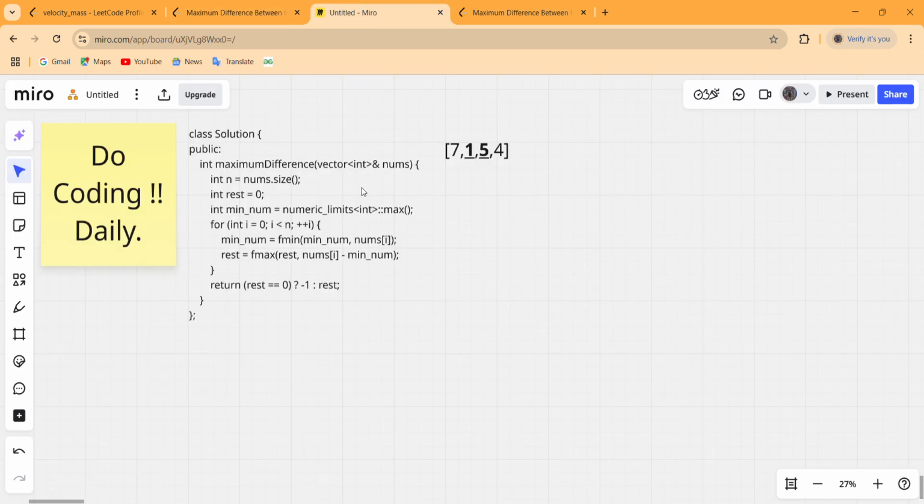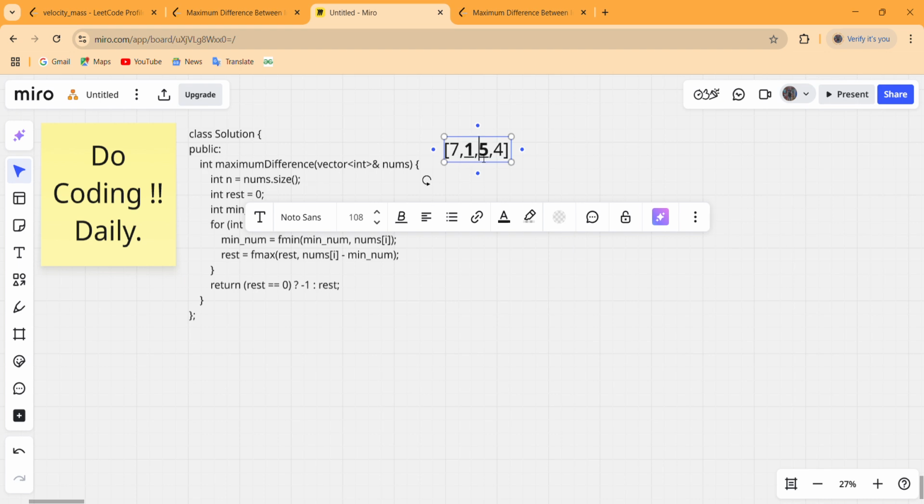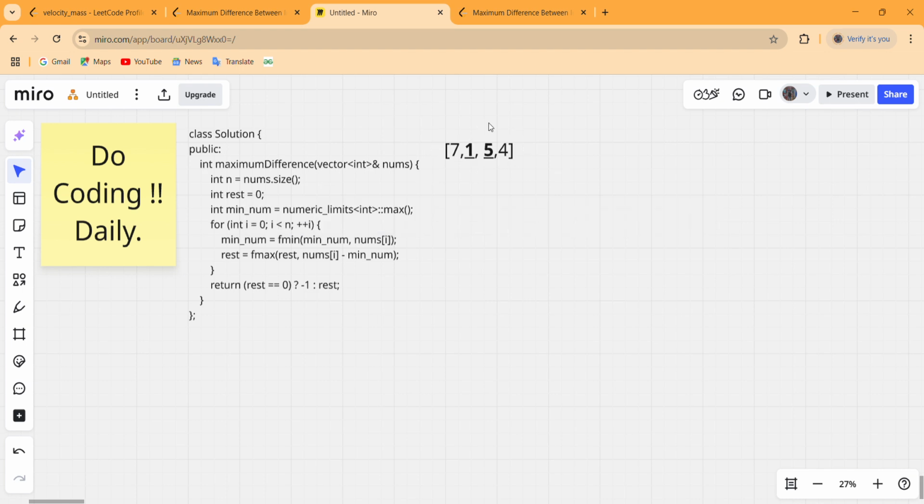Here we can see the code, and this is example number 1. In this example we clearly see that our answer is these two elements, where this 5 is nums[j] and this 1 is nums[i], and the maximum difference possible is 4.